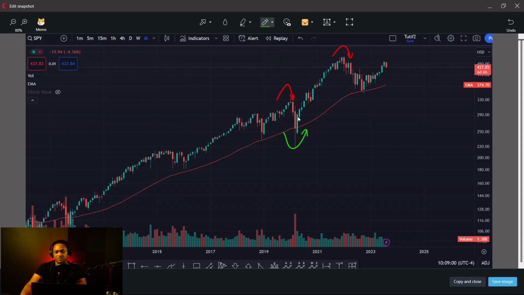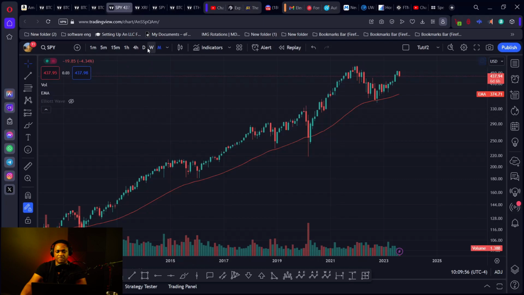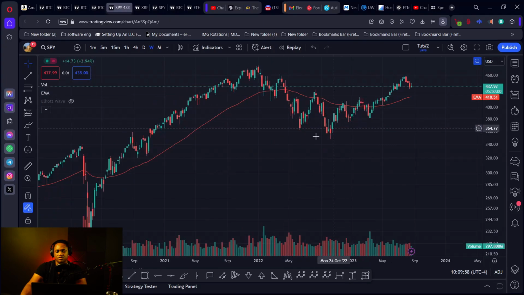That was the V-shaped recovery from the COVID-19 back in 2020, and then we've been having this move all the way up. Now, all these movements are not something that we have an idea will happen, because when you go on the monthly time frame, when we go on the weekly time frame,